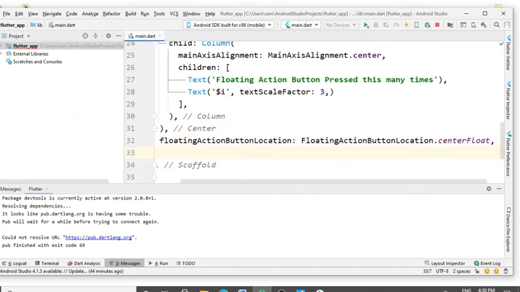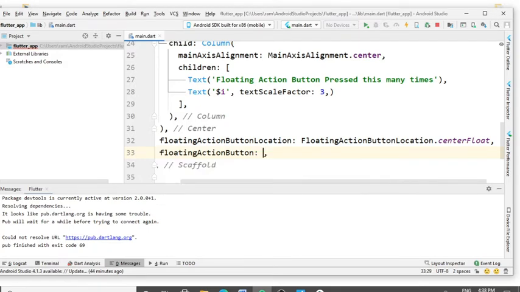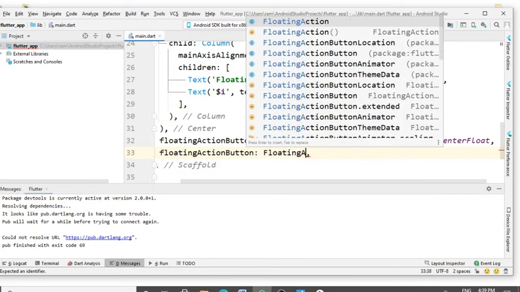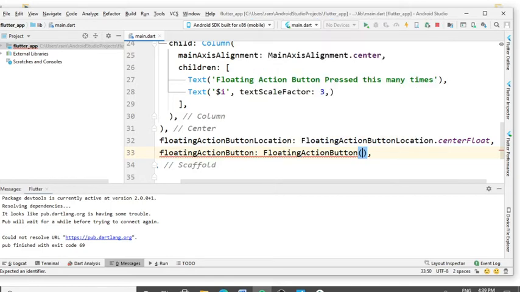Now type the FloatingActionButton. Put the round brackets. Press enter and type the child. Type the Icon.